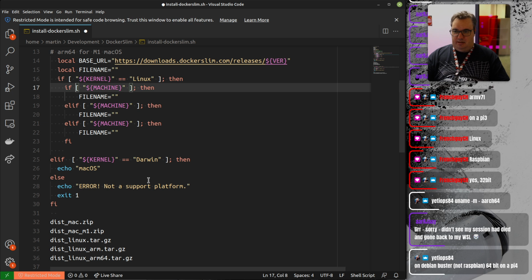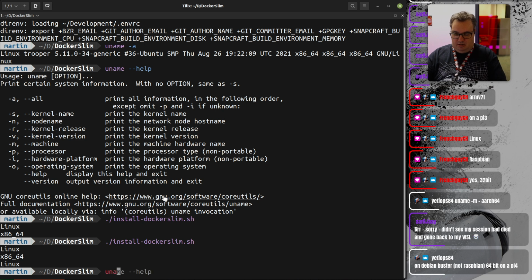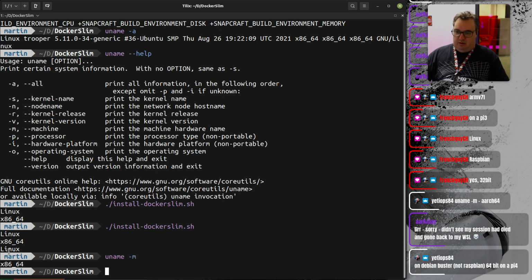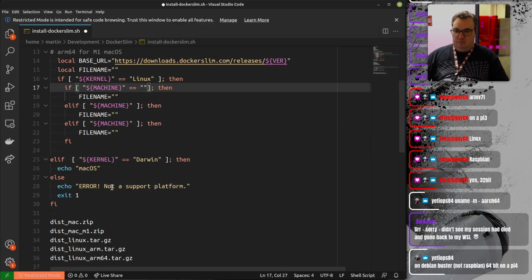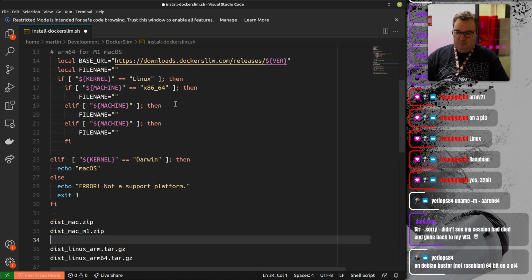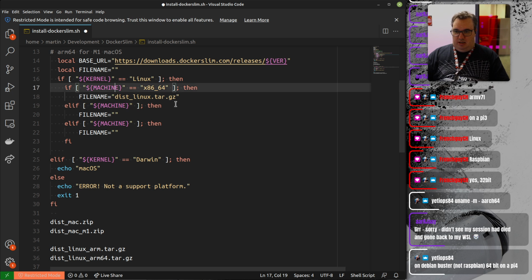So we had, if the machine architecture is x86, I think it was, wasn't it? Let's do it on my machine here. Uname -m. There we go. That's what we're looking for. So if it's Linux and x86, then this is the file name that we're after. If the machine is